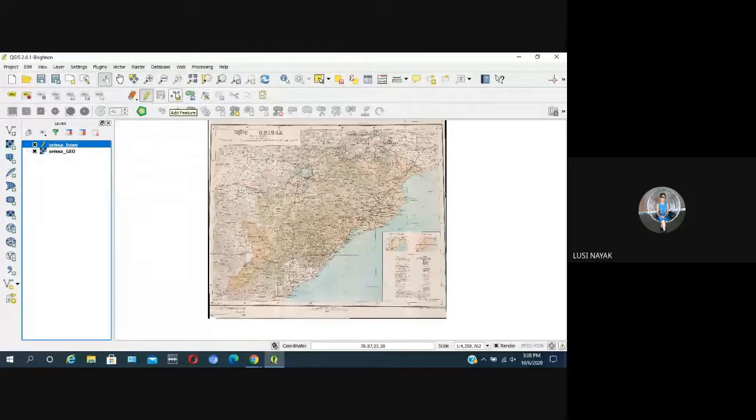Then select add features. You see, before toggle editing, no features will be activated. All these buttons will be in gray. But when you click on toggle editing, all these add feature, delete feature, split feature will be active. So now your vector layer has come to active editing mode. Clear? Unless it is in editing mode, you cannot add features or delete features from this layer.